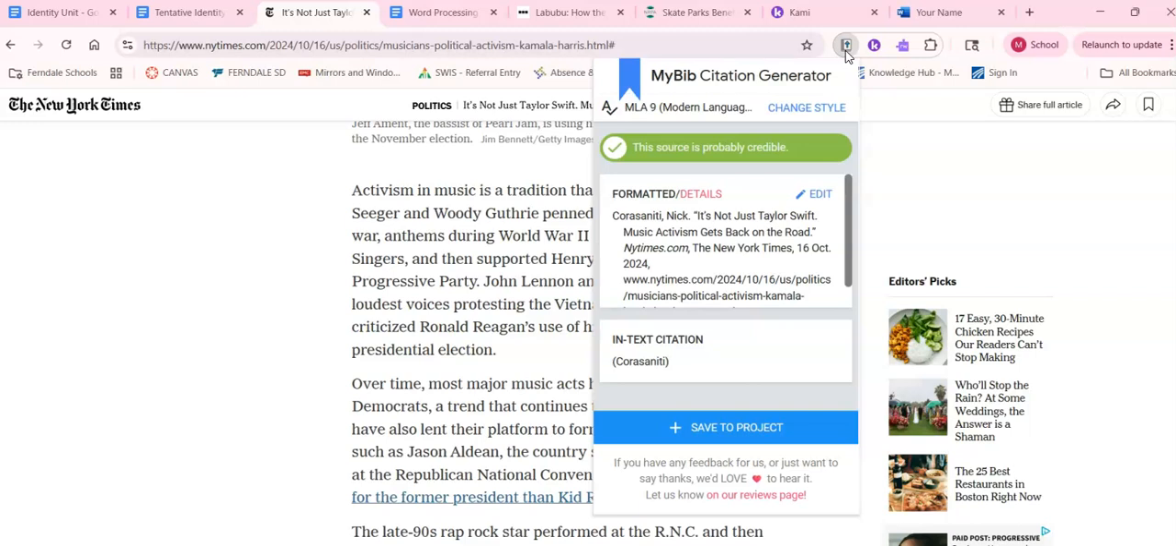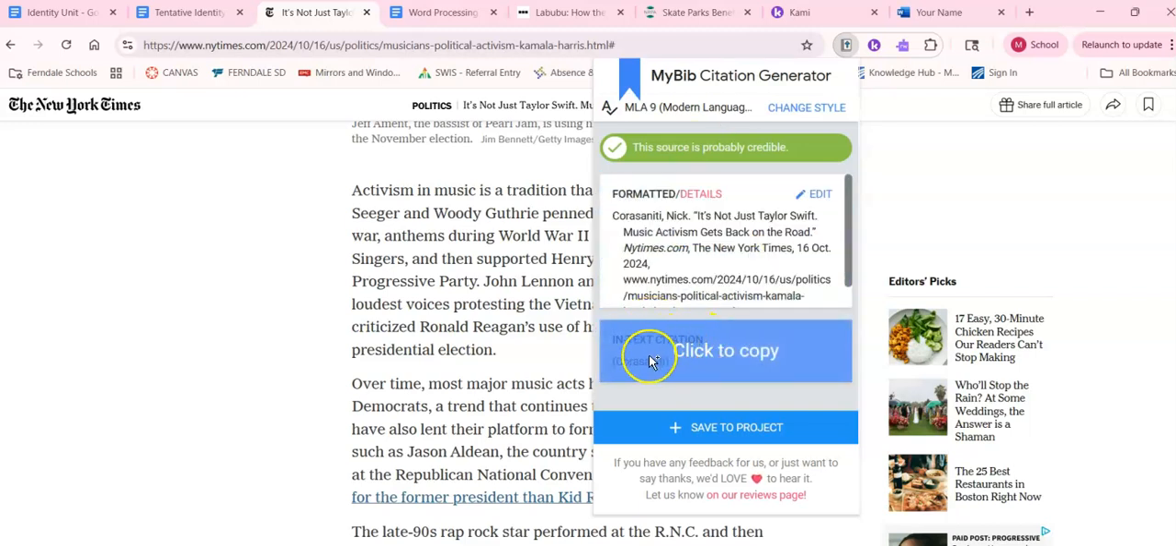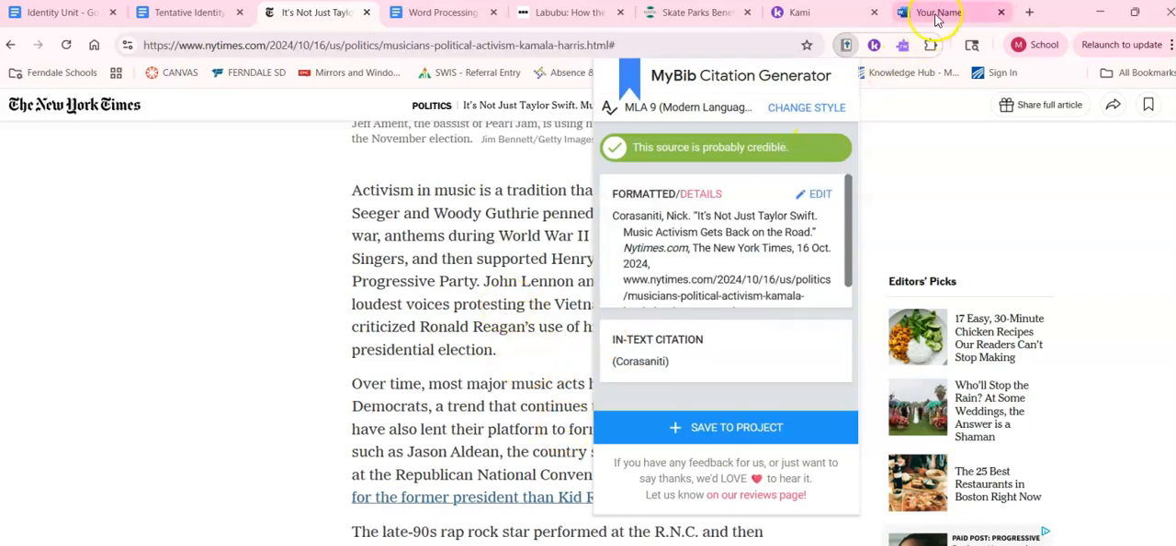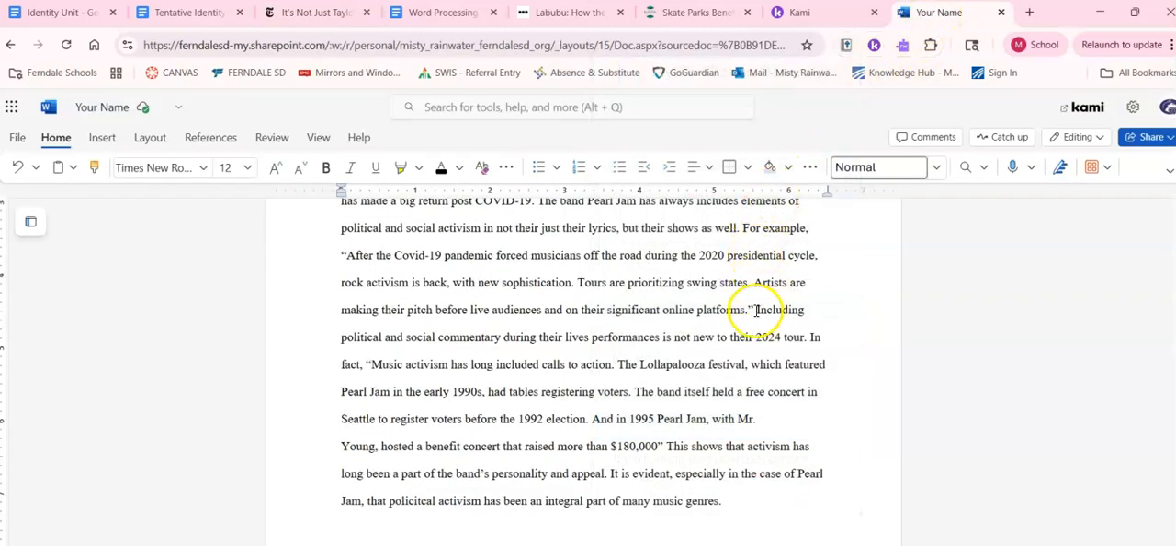If this is your first time using my bib citation generator, when you click on the Chrome extension, it'll ask you to pick what kind of formatting do you want. Scroll all the way down until you get to what they call MLA 9, and that's your most recent MLA format. So for an in-text citation, you just copy here, and now it's ready for me to paste it into my document. So I'm going to paste right at the end,